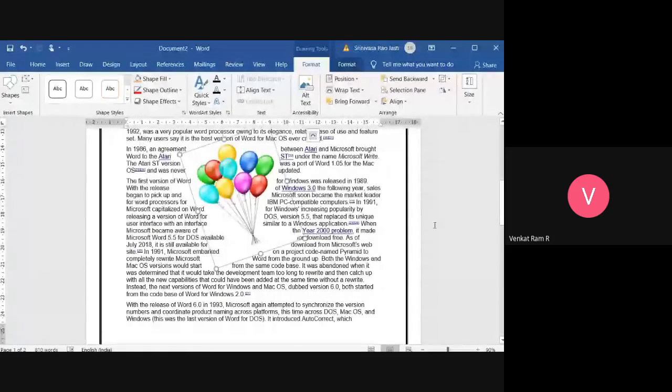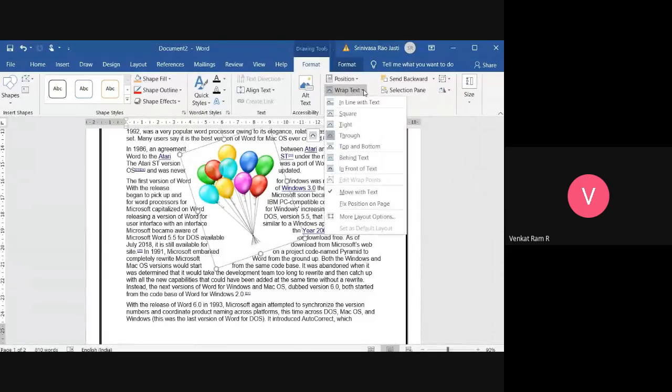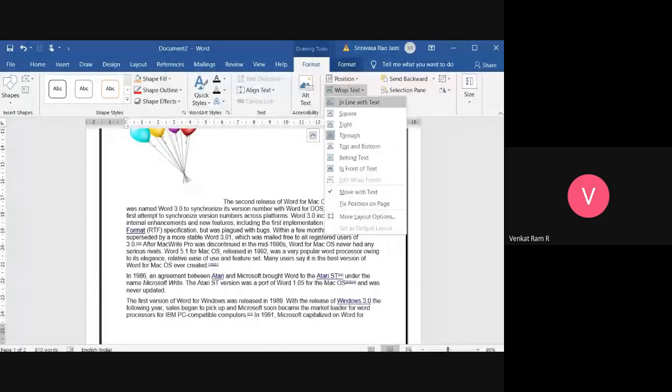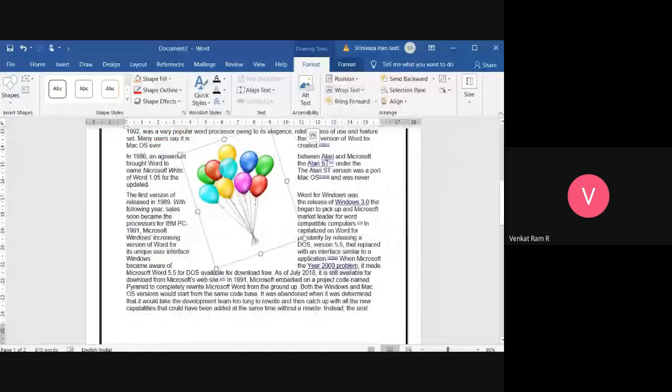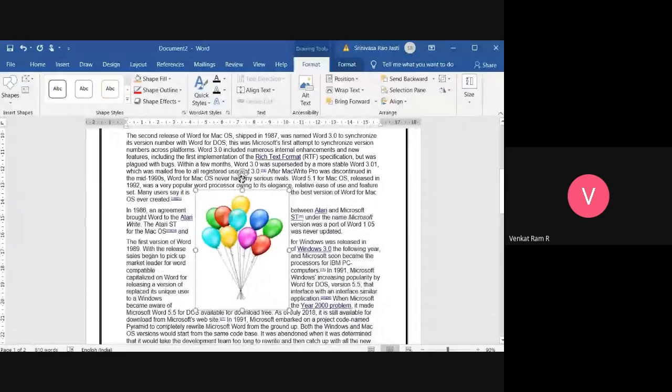Once look here, I'm telling it again. In order to place the image in between the words, you have to select the image. Then you will get this Format tab. If you have not selected it, you will not get this Format tab. Then go to Wrap Text. If you click on Wrap Text, there are some options available. Square, so that the image will be in the form of a square. Wait, I'll rotate it, then you can see a square.